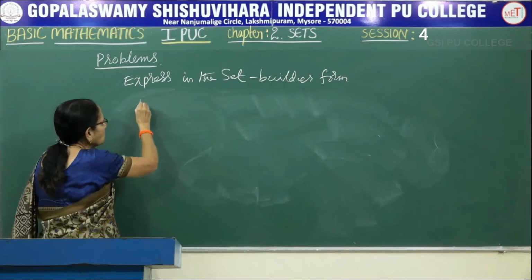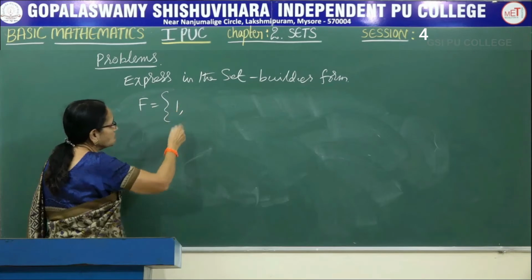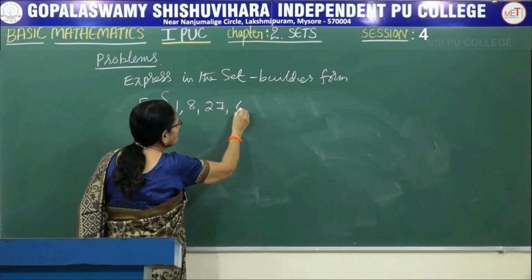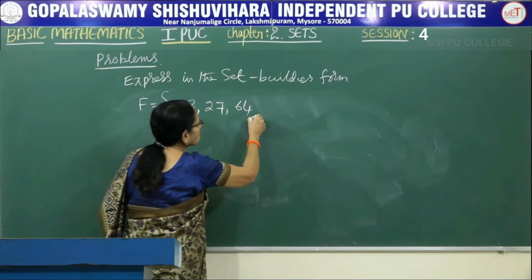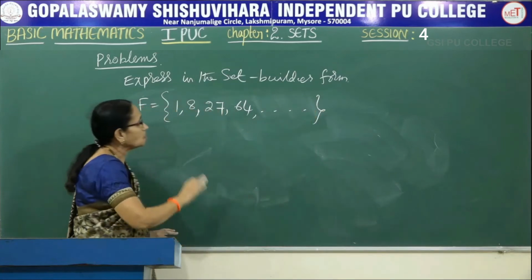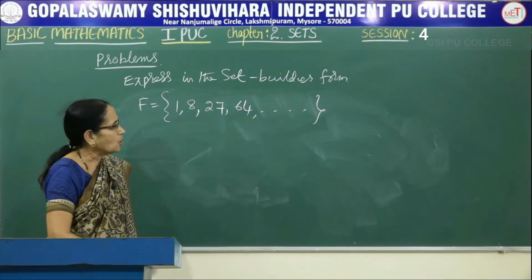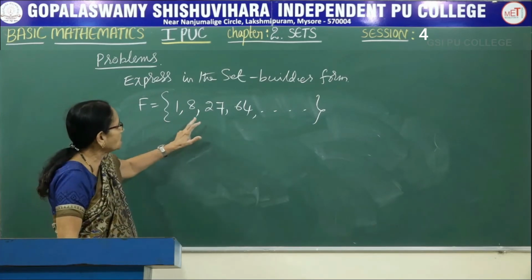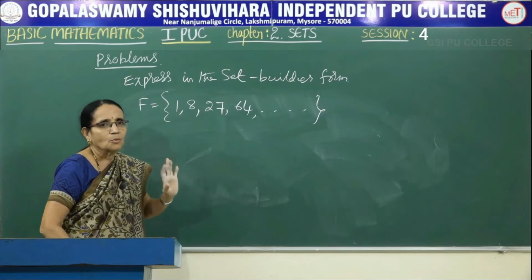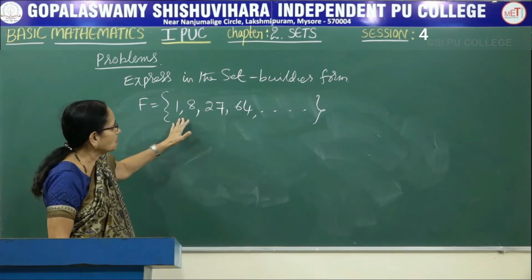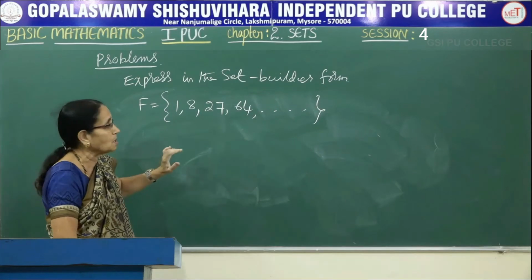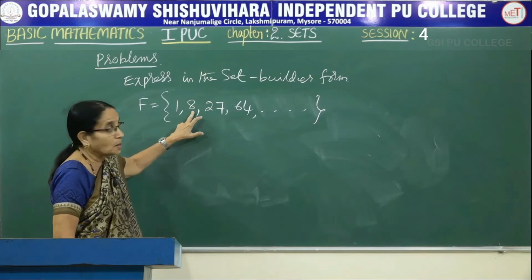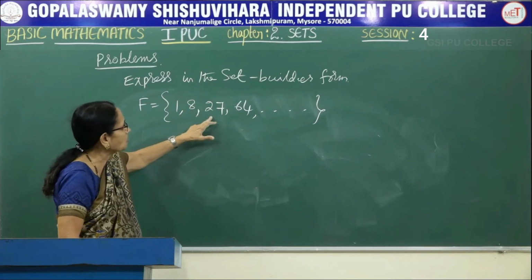Now let's move on to another set here. Observe, there is no last element at all. I have put dashes. That means we are continuously writing 1, 8, 27, 64. 4 elements I have given. So the rule that would satisfy all these 4 elements, you have to specify. Look at these numbers. After 1 I have gone to 8. After 8 it becomes 27.